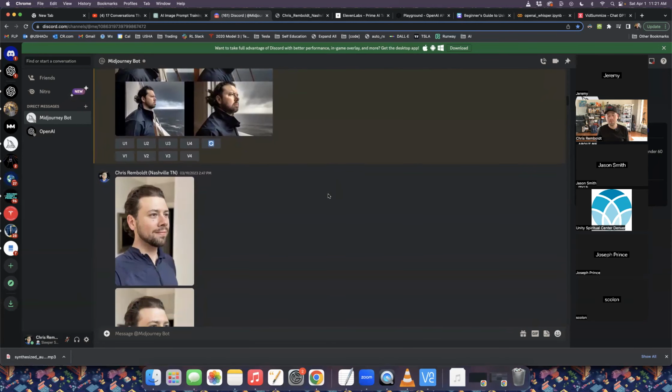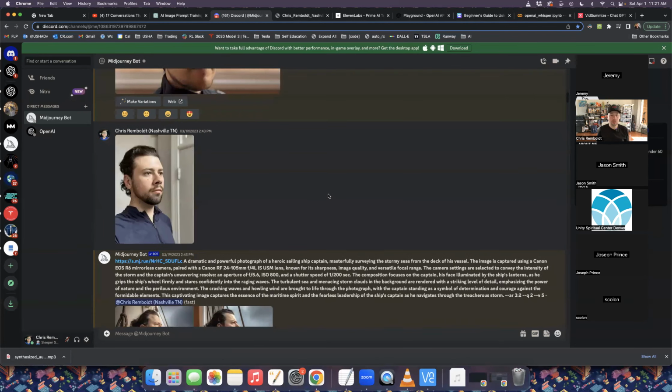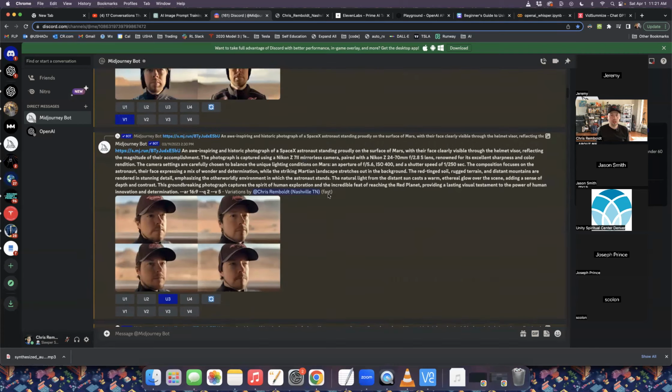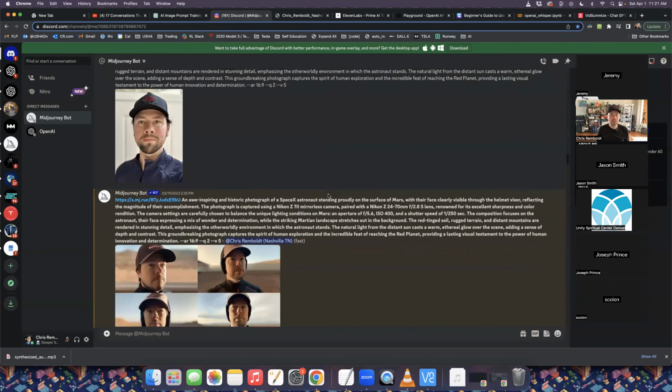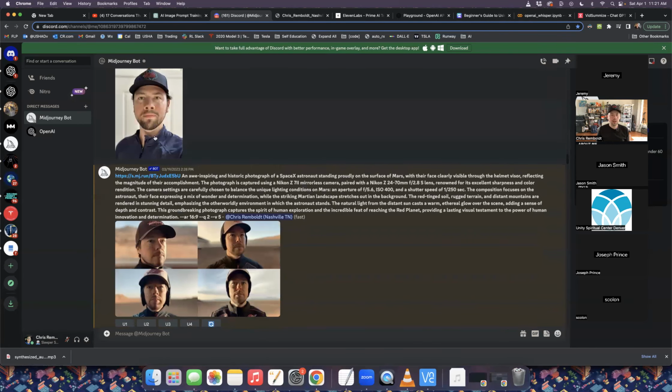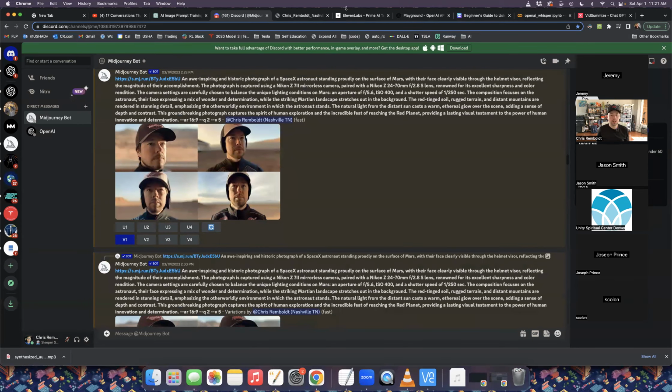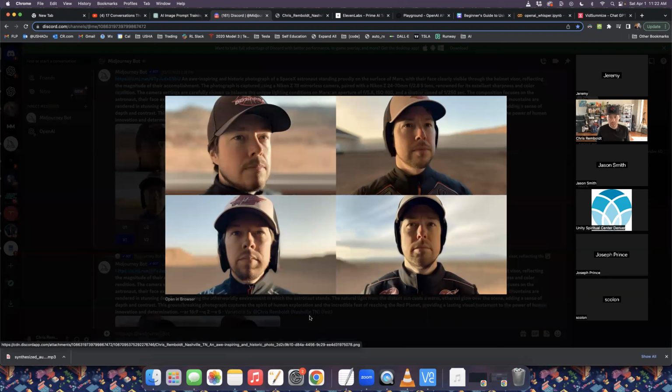But here are the images of using a picture of yourself. This was before my haircut and before I shaved, so I look a little different in these, but I wanted an image of me on Mars, and I wore a hat, so it was like, all right, you're not even in a spacesuit. Mars has an atmosphere. These were the examples it gave me, and I have blue eyes on Mars, it looks like in most cases, and these look kind of like me. Your results will be pretty good, and you'll have to do a few tries to get one that looks a lot like you, but it's crazy that you can do this at all.